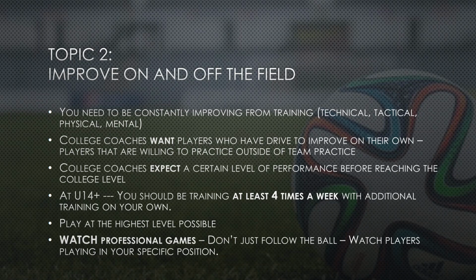Now, I want you to be mindful of this. Do not just follow the ball. Watch players that are playing in your specific position and think about the things that they're working on, the things that they're implementing or doing. If they're a number 10, are they finding those little pockets to receive the ball in dangerous positions behind the midfielder's